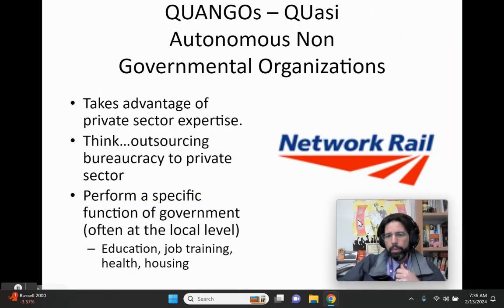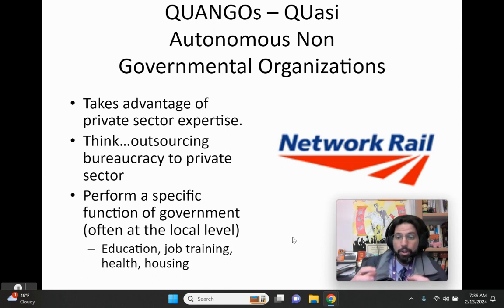To help alleviate some of these problems, the UK goes to Quangos. Quangos are quasi-autonomous non-governmental organizations. So they basically outsource things like rail, some education, job training, some housing, building of roads. Instead of the government doing all these tasks, they'll start to outsource them to some private sectors. The government still oversees everything going on, but the Quangos are more specialized, because governments primarily govern.